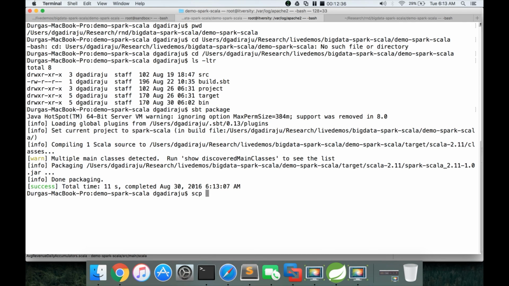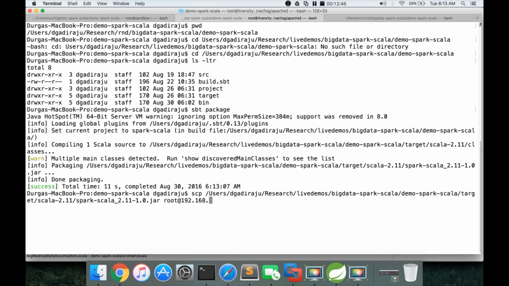I can do scp this jar file to my remote host. In this case, it's nothing but a Hortonworks sandbox or virtual machine. I am copying it to my virtual machine.